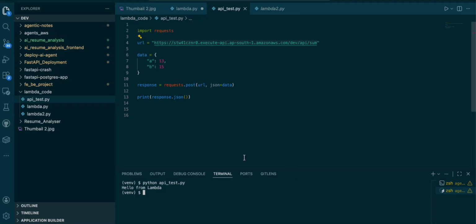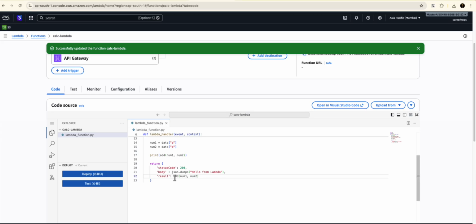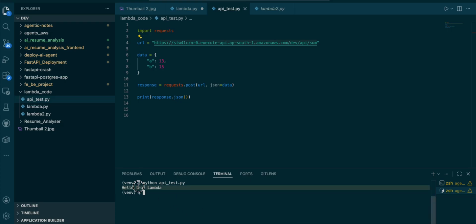All right, so this is where we left off in our previous video. Our API gateway was able to run this Lambda function, and once it did its calculation, it gave us this response back. However, the result is not present here. The reason being, whenever API gateway gives us a response back, we need to format the response within the body